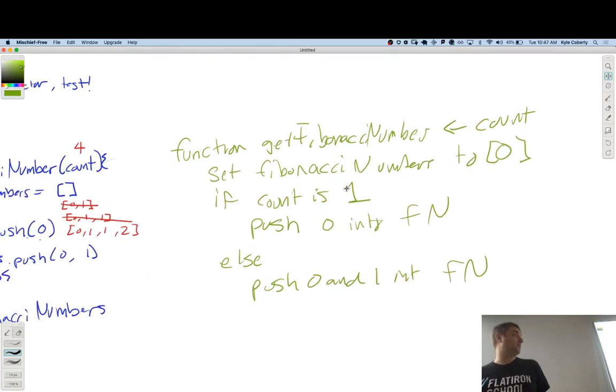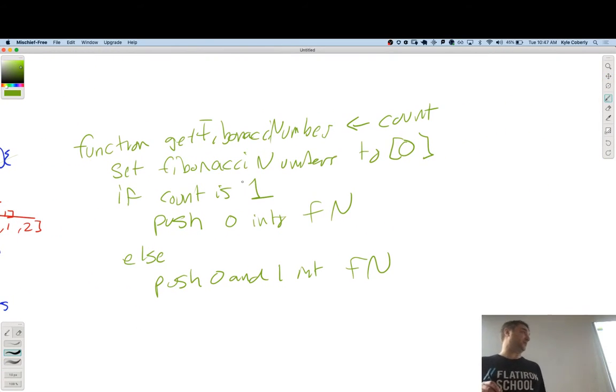That's the pseudocode way to do it. Still structured logic, no syntax.